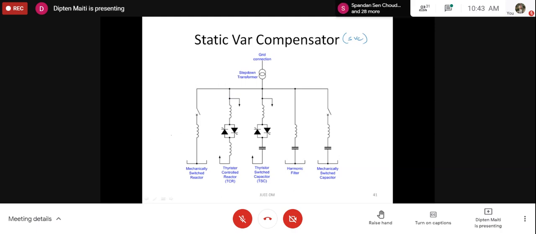The mechanically connected switch on the left hand side is optional. This may not be there. Usually nowadays this is not there. Mechanically connected capacitors, of course, can be there. However, nowadays those are also usually removed, because we have semiconductor switches which are lower in cost. Further, we can operate them in a much easier way than the mechanical ones. We cannot connect or control mechanical switches at that very high voltage.